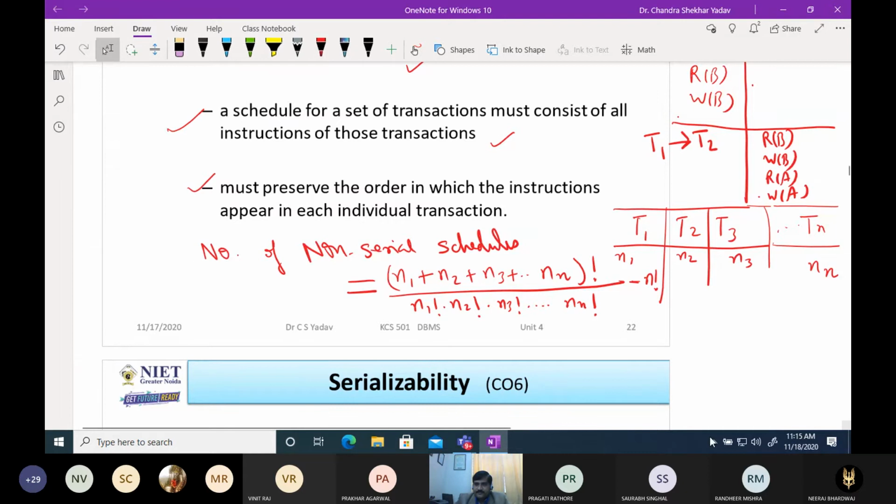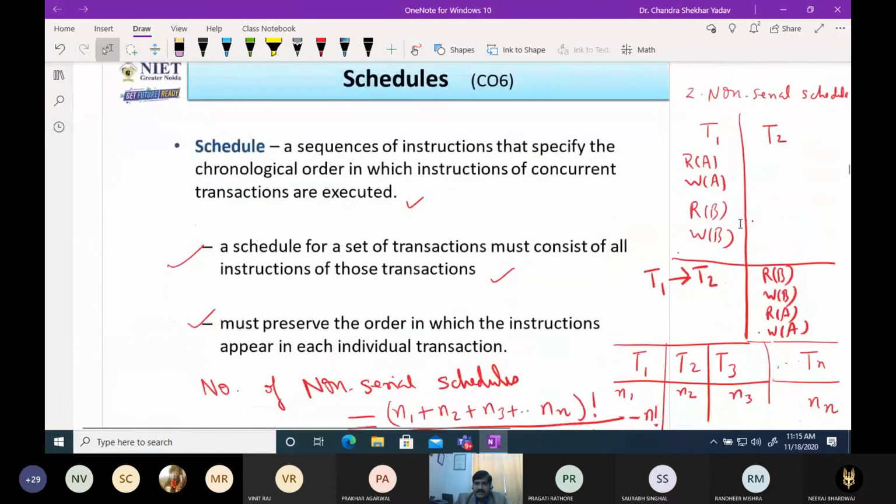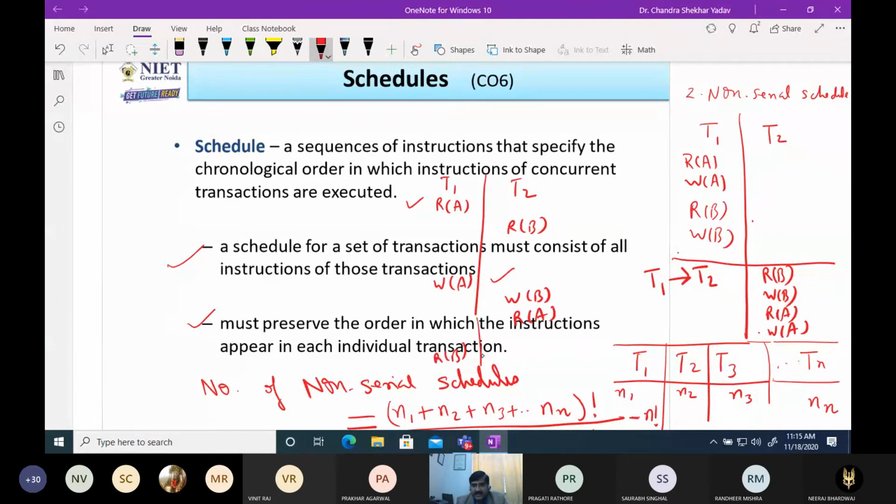Suppose we have this schedule. Here we can make a non-serial schedule like this: read A, then read B, then write A, then again write B, then here we can write A, then we can perform read B. In this way we can swap the order of the instructions, but within the transactions we have to maintain the order.